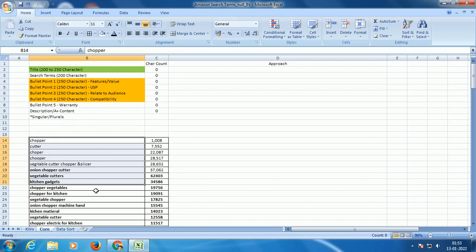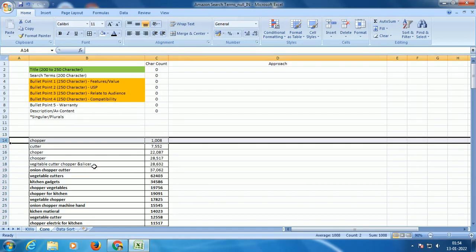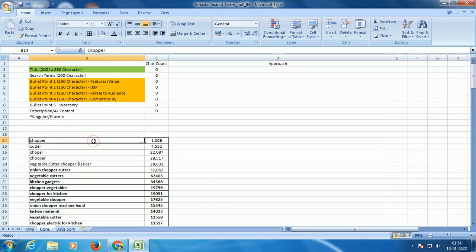So let's perform this exercise. Let's assume all these are high volume. For a few of the keywords you have search volume, for a few you have search frequency rank, but as of now, please assume that these are all very high volume keywords listed in sequential order. This first keyword is the one with the highest search volume, so I want to use it. Now I've formulated this spreadsheet so that when I use a keyword, it will automatically highlight where I used it.